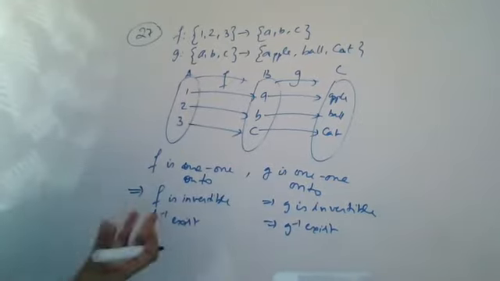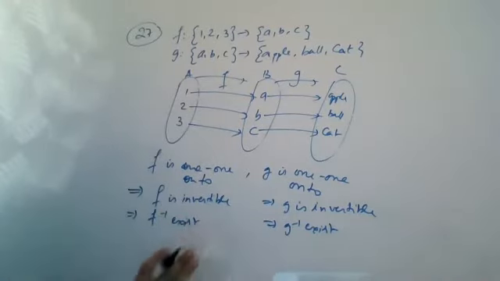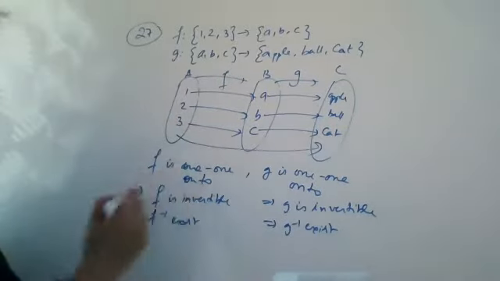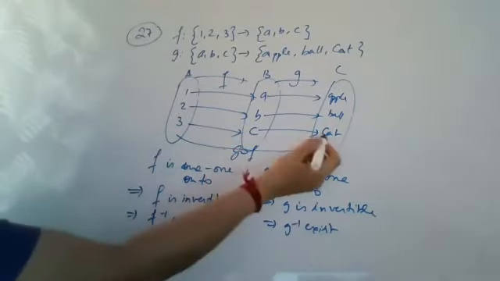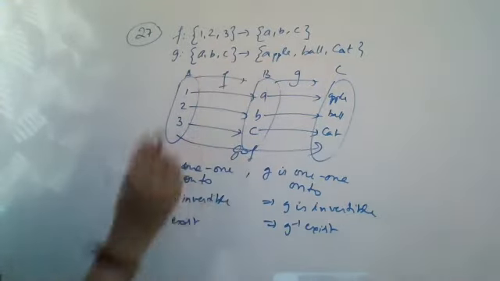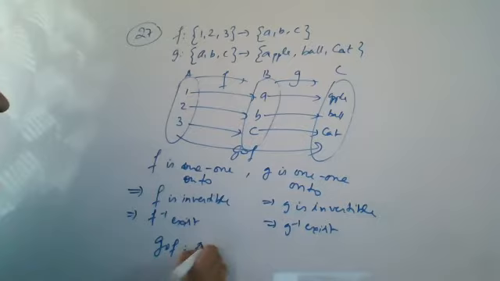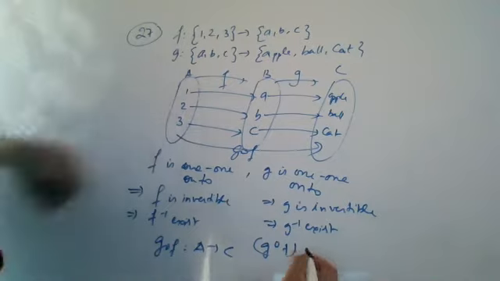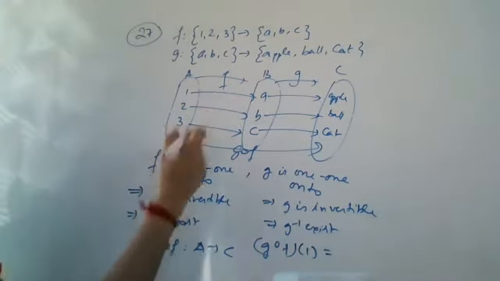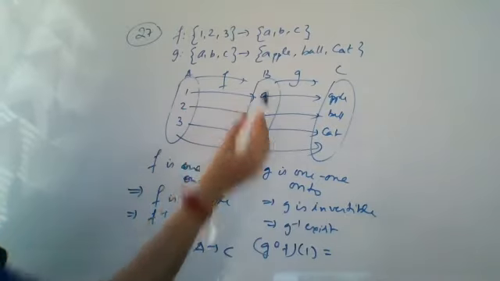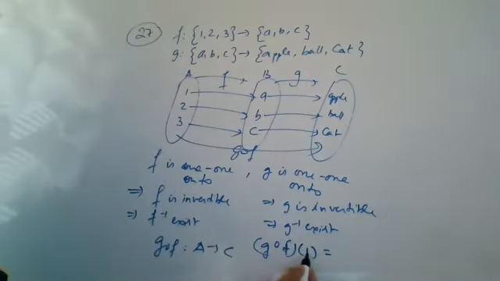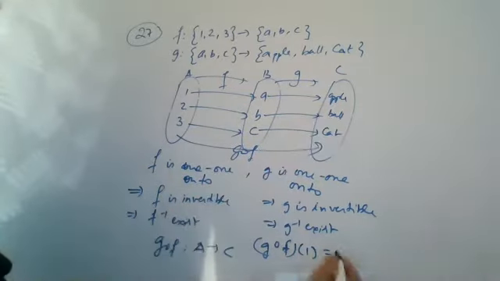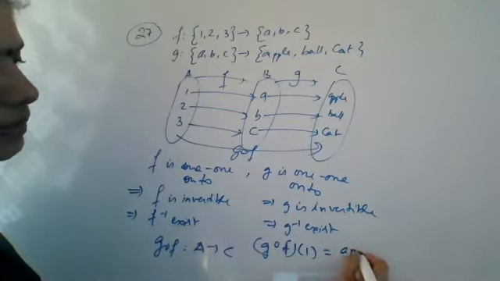So first let us check g composition f from here, so that we can write g composition f is also invertible, hence its inverse exists. Now what about g composition f? It will be from this set to this set. G composition f is always from A to C. Here I have written A and C as names, so as not to write the full sets. So g composition f is from A to C. And what is g composition f of the elements? A has 1, 2, 3, so g composition f of 1 will give you, actually this 1 will take to this. How do we apply it? First we apply f. So f of 1 will give you A, then it becomes g of A, and g of A is apple. So you are getting g composition f of 1 to be apple.